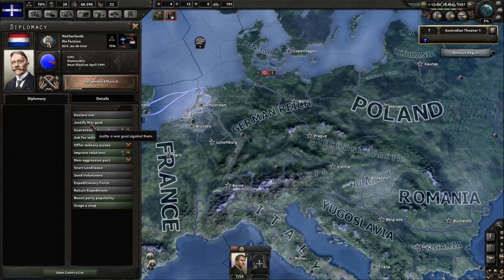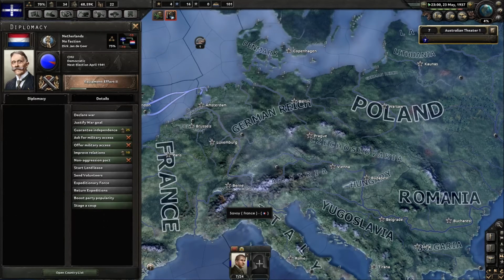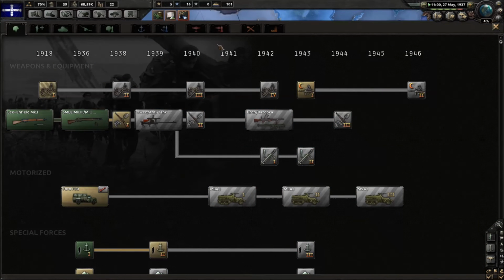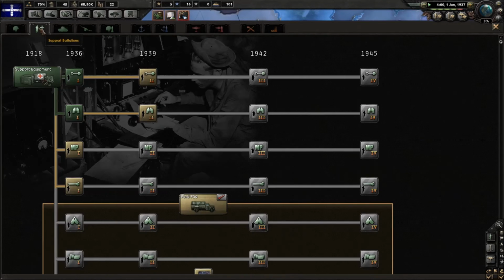Alright, so as you can see now, justify war goal is now possible. Except we don't have enough political power, so we'll just wait until we do to activate. Actually can't. Alright, well we'll just reload when we actually get there, I guess. Didn't have enough political power. Right,